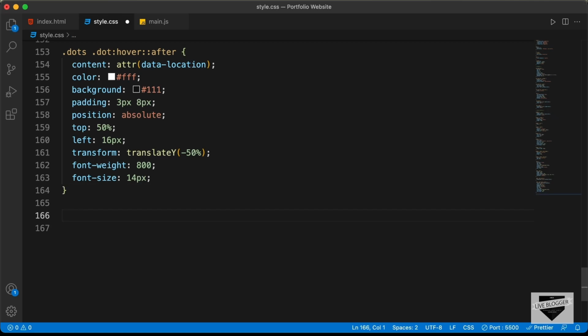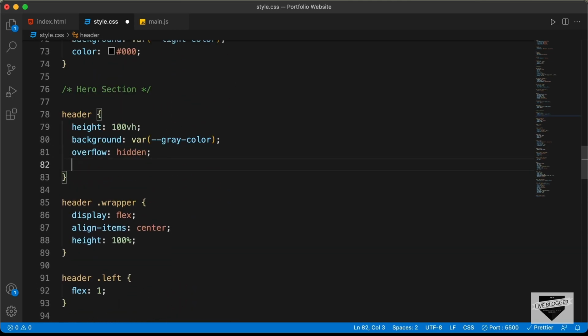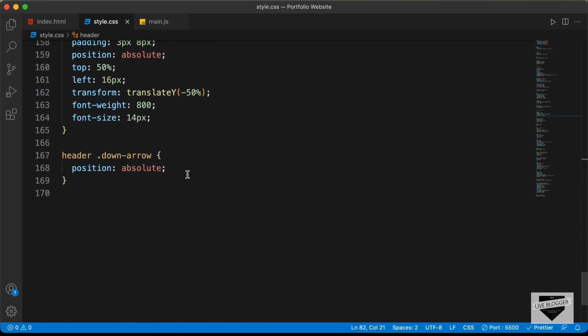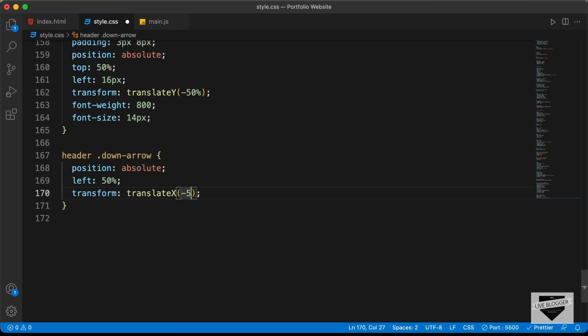Right, so here I'll just type header .down-arrow, and let's set the position to absolute, and we'll position this relative to the header. So if you go to the header, here we have to set the position to relative, so let's type position: relative. Right, now here in the down arrow, let's set the left position to 50% so that it is in the center. Now when we add a left position of 50%, it will start from the center, so we have to move it left 50%. So let's type transform: translateX(-50%). Let's set the bottom position to 10 pixels, and we'll also set the opacity to 0.4,